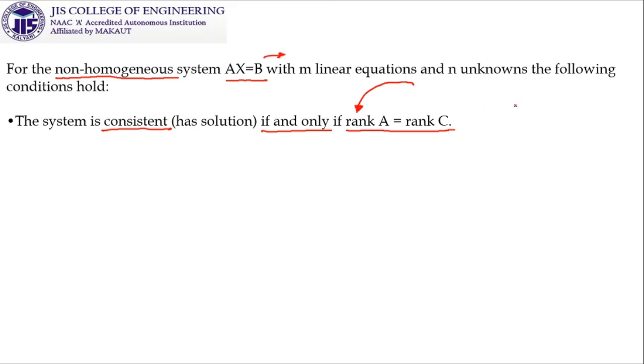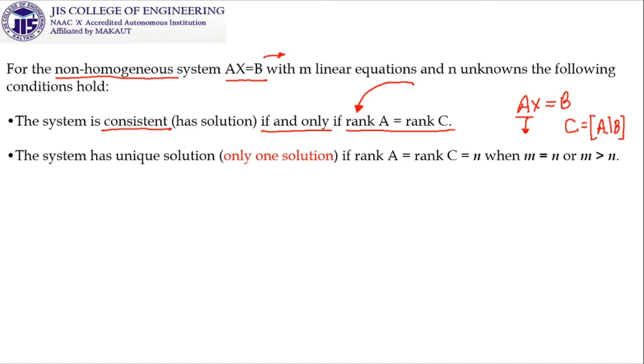So Ax is equal to B is given. We can find the rank of the matrix A by two techniques. We are obviously going to use the technique of echelon form because it will be easier for us, and we have to find in parallel the rank of C. C means nothing but the augmented matrix A slash B, and if the ranks are the same, then we can say that the system is consistent. But we can't say until now what type of solution it is going to have, unique or many.